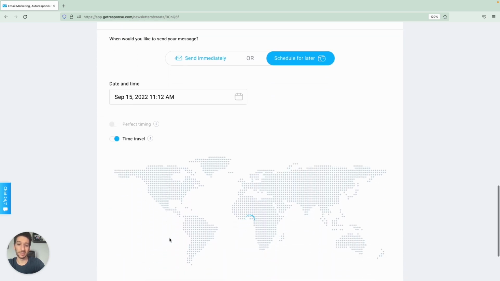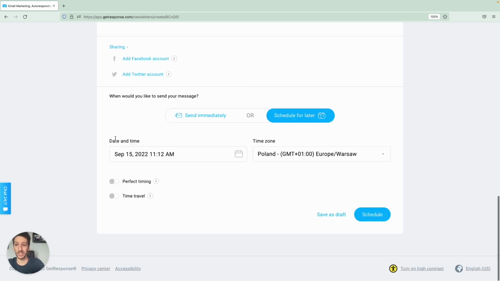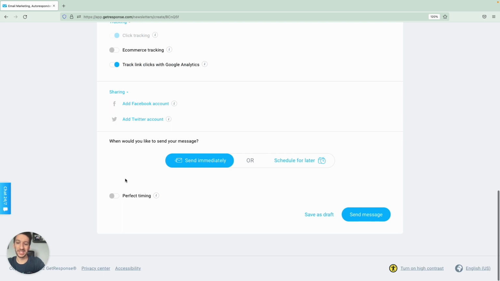And this simply ensures that if you have people in different parts of the world, that they will receive at the same time. For example, it would be 8 a.m. here in Brazil, and it will be 8 a.m. in Portugal. So everybody will receive at the same time, which will be very useful if you have such a diverse audience. In our case, we will simply send immediately, and usually we would recommend to send with perfect timing,